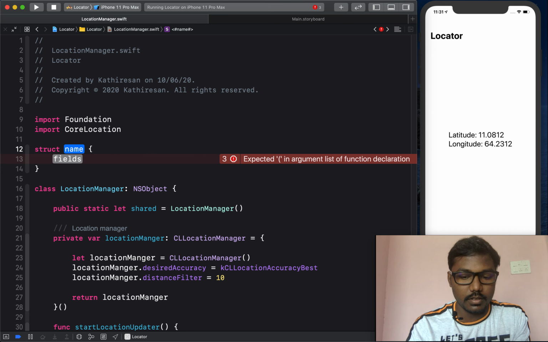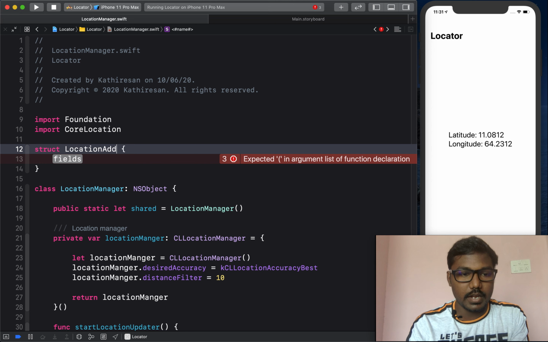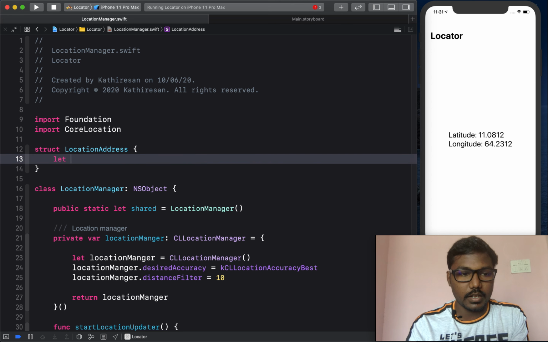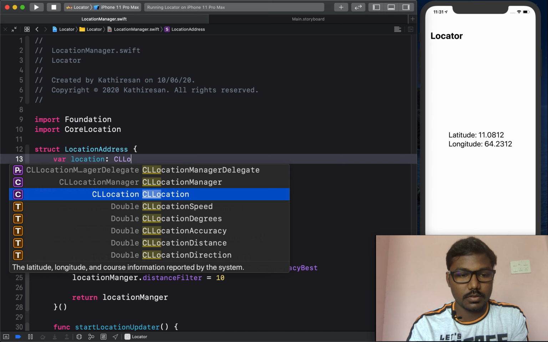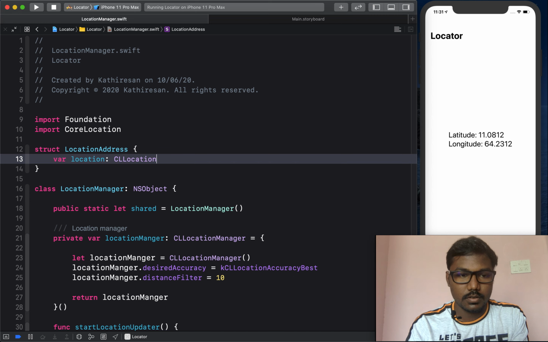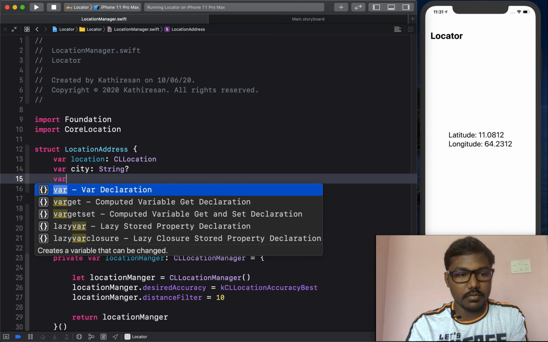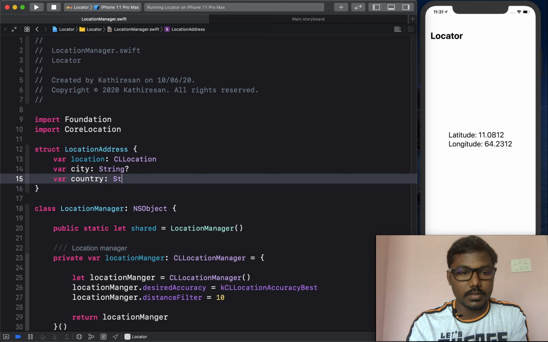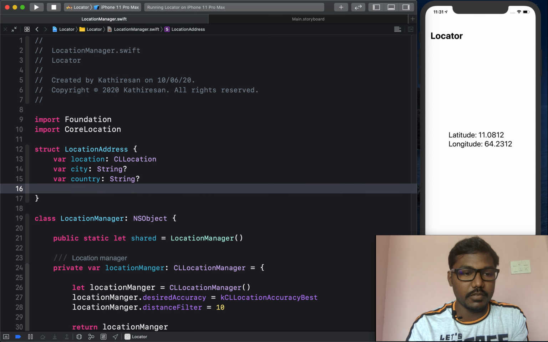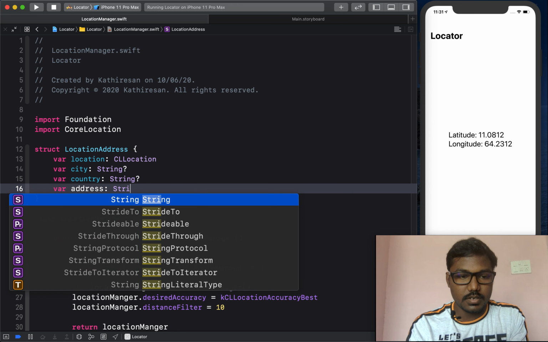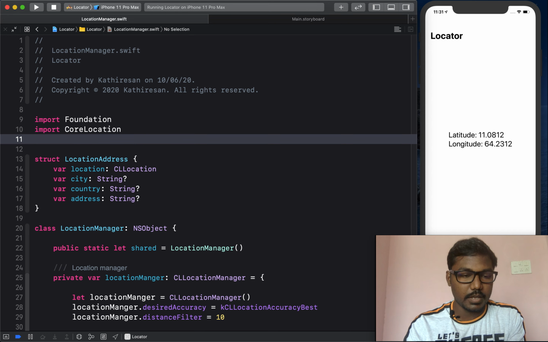So I am creating a LocationAddress, and I am creating a var location as a CLLocation. Then a var city as a string, and a var country as a string. Likewise, whatever we need we can create it here, and also address as a string.